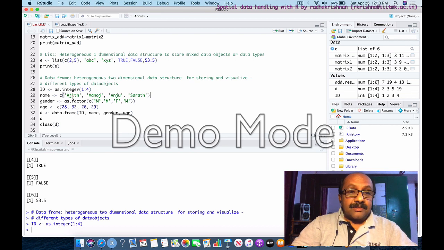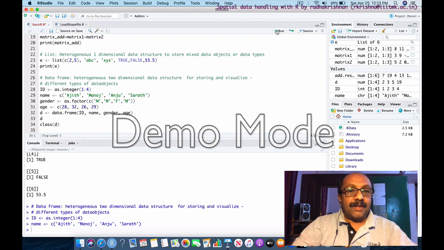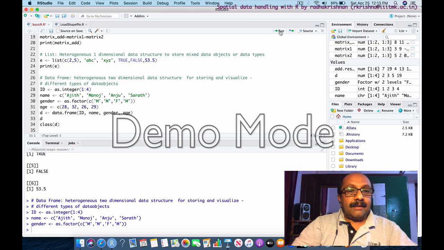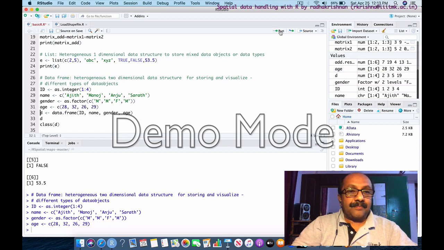Since this is a string, I am using single quotes separated by commas, concatenating 4 strings and saving as the name variable. I am saving a single letter factor as gender in the variable named gender, and a numerical value as age.